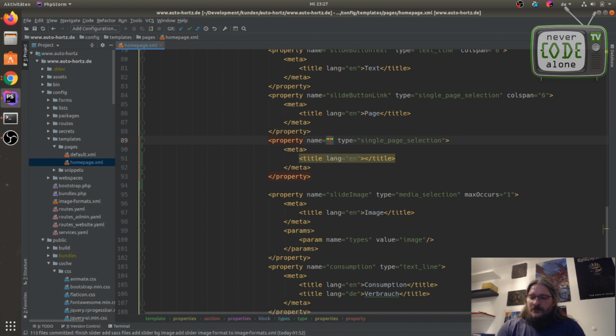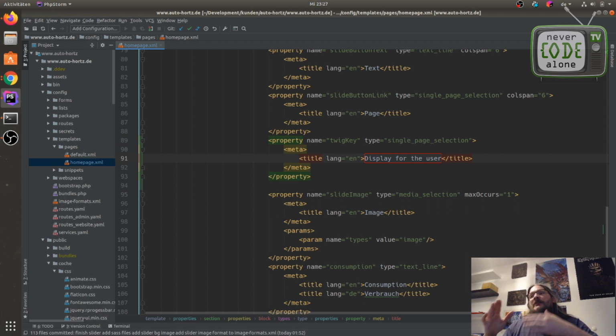I say here is my Twig key, and when I press enter, I jump to the next variable. This is a display for the user. And when I press enter now, I go to the end and can just continue my work here.